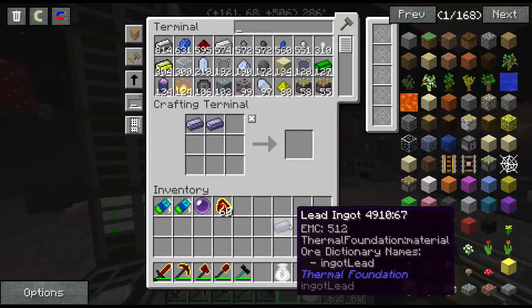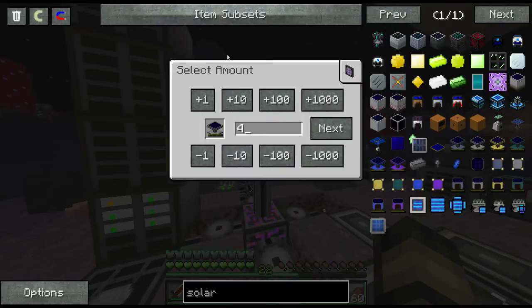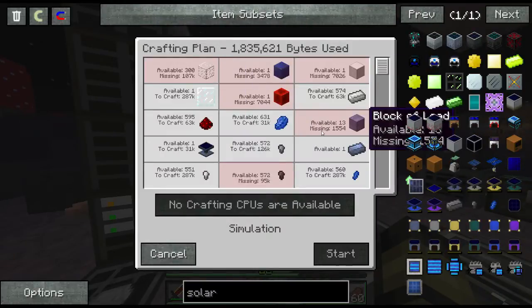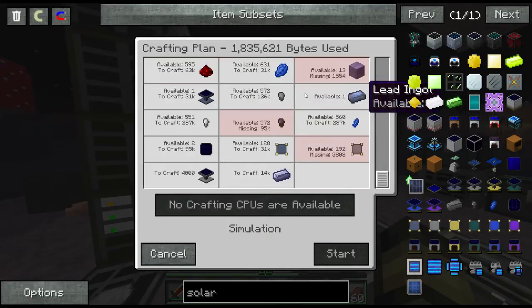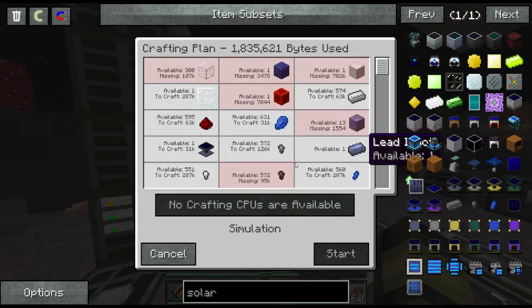Alright. How's my recipe looking now? It'll be a lot more doable. It's just that it takes 1.8 million bytes, which is crazy. What the hell is this? Why is it saying...